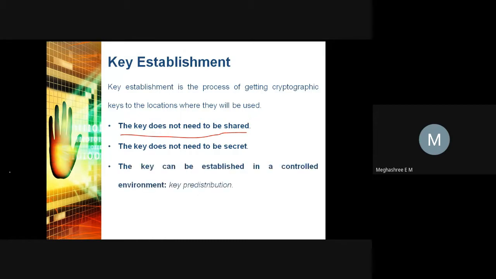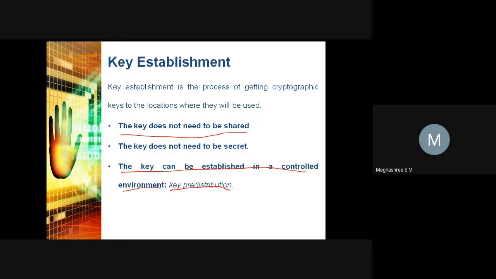And the third one is the key can be established in a controlled environment. See, in some cryptographic applications, it is possible to establish all the required keys within a controlled environment before the devices containing the keys are deployed. Such a procedure or method is called key pre-distribution.